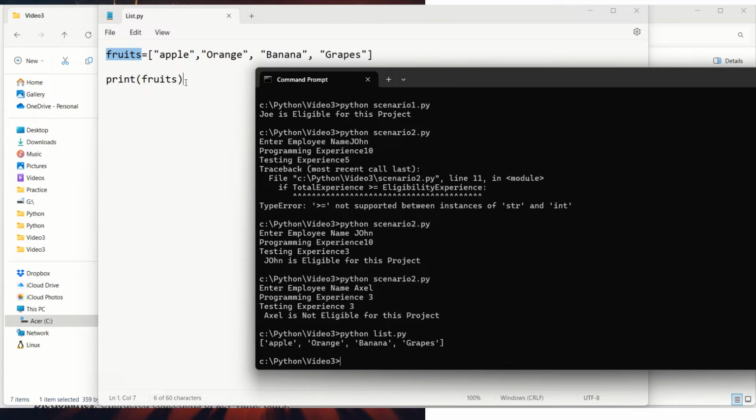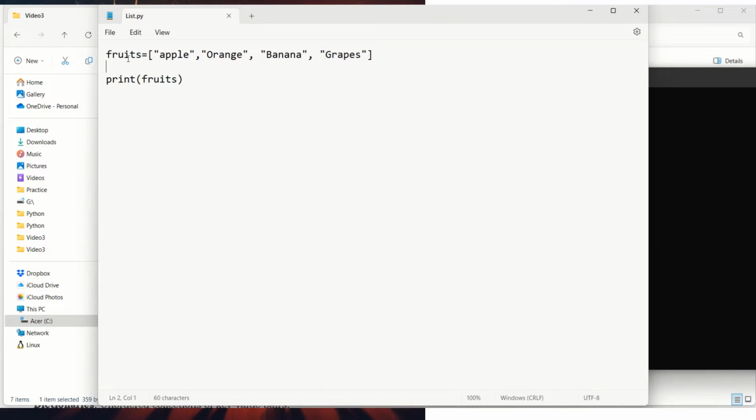In a different programming language, you would probably have to loop through all and then print them. But here it gives you an option to print everything. I believe the same is true with JavaScript as well, but not in other high-level programming languages like C Sharp or Java or C++. Now you are able to print the contents of the fruit list. But the key thing to note is we are able to refer to it through a